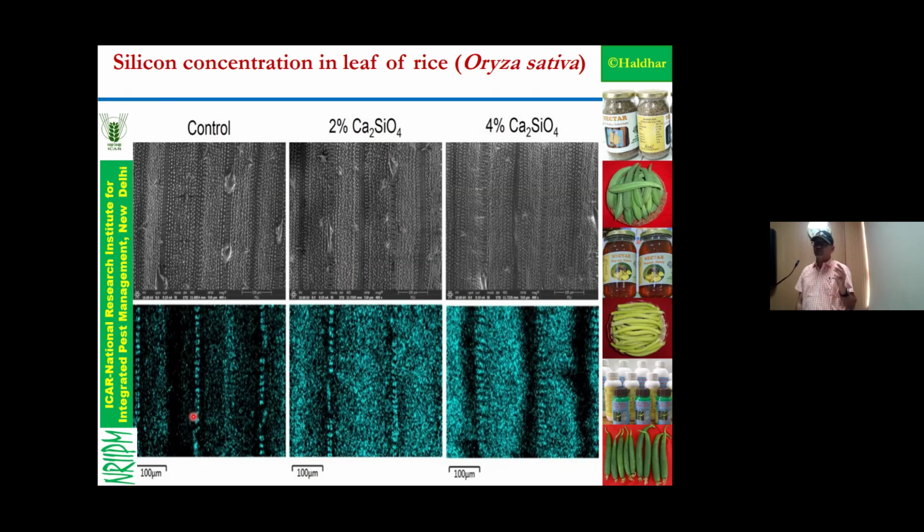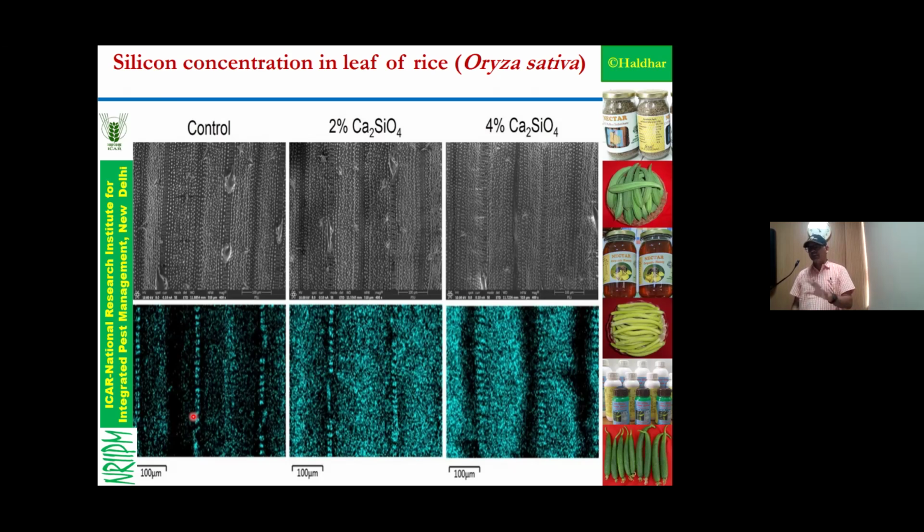No, at 2%, how much infestation was there? The data is there, sir. Suppose 80% reduction is there compared to control. If 3% is giving 95%, you should select 3%, because there is a gap between 2% and 4%. If you had said it is completely free, I would not have asked this question. But you told somewhat better, so you should have noted 3%.